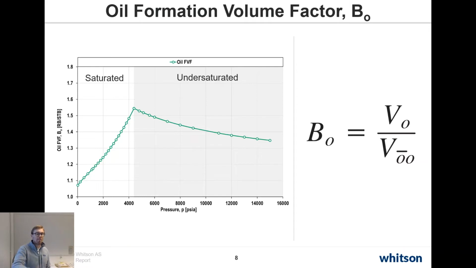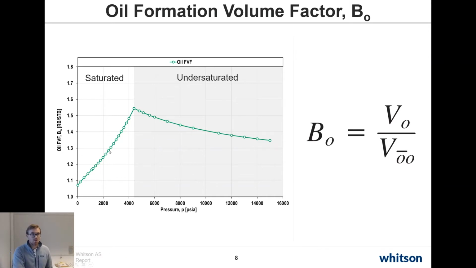And just to remind ourselves what these different properties are defined as, it's always good to start with the formation volume factor, so the BO, which a lot of us are very familiar with, and it's defined as the reservoir volume, so that's of reservoir oil, divided by the surface volume originating from the reservoir oil. So super clear definition of that. And here we see a typical formation volume factor